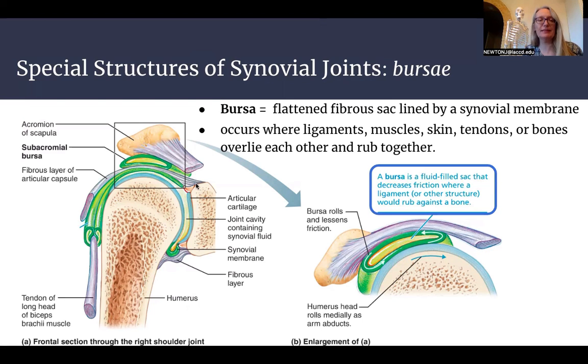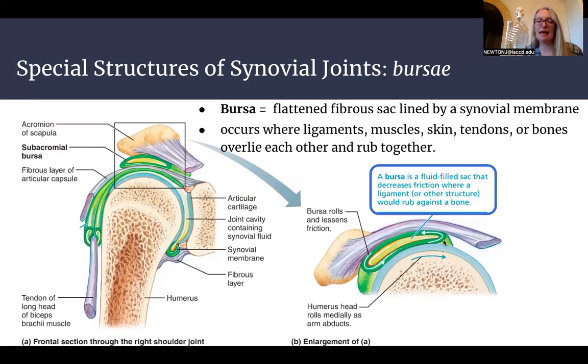Underneath the bursa, at least in this diagram, we can see the fibrous layer of the articular capsule, and we can see the head of the humerus a bit lower down. Now, in the zoom in, for some reason, they've done away with the capsule. So it just looks like the bursa is sitting on top of the articular surface. Obviously, that's not quite anatomically correct, but it's just to demonstrate the idea here that the bursa is